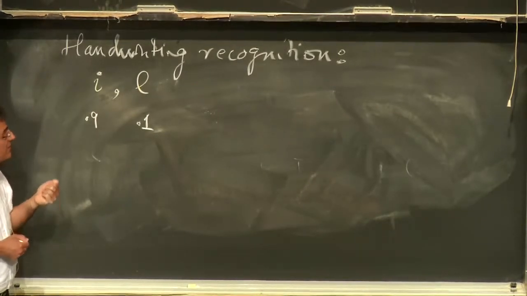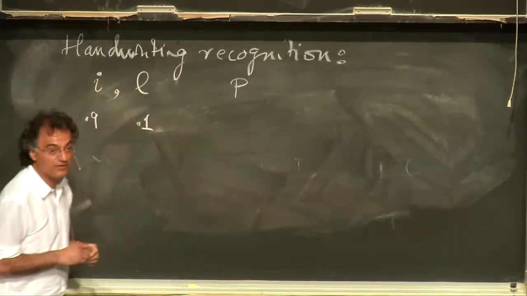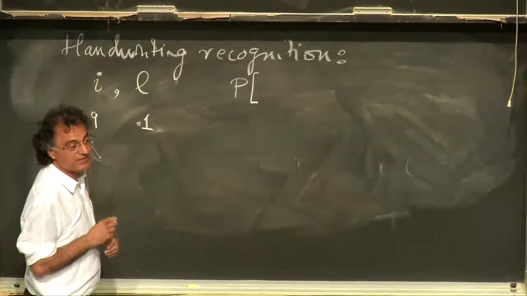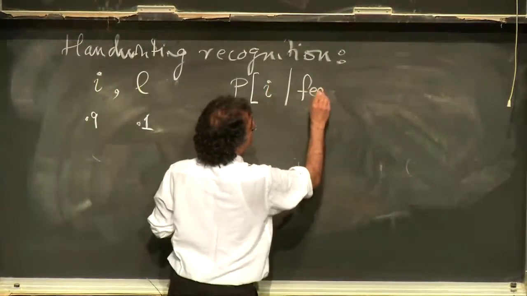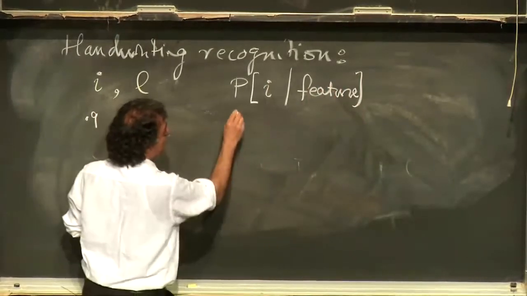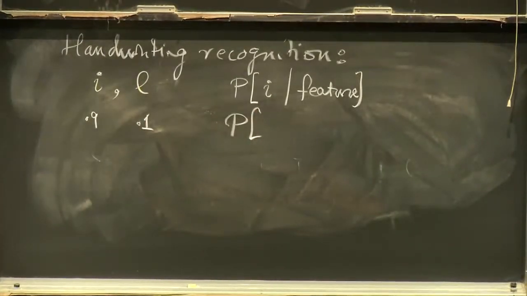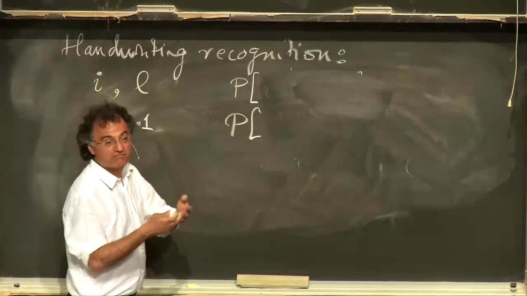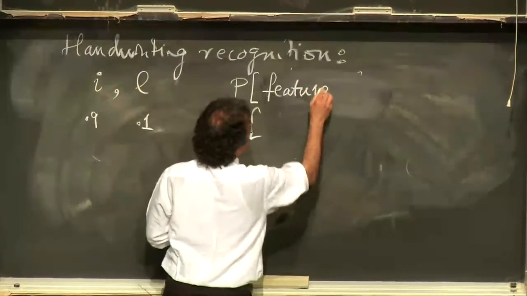Okay, so what you want to know: you've extracted a certain feature, and the other piece of data you have is some understanding of the probability that the letter you're reading is actually an I, given that this feature is present. And what's the probability? Sorry, no, you don't know this. This is what you want to know. What you really know is, by analyzing the person's handwriting, the probability that it has this feature, given that